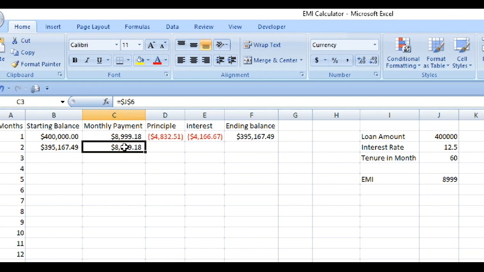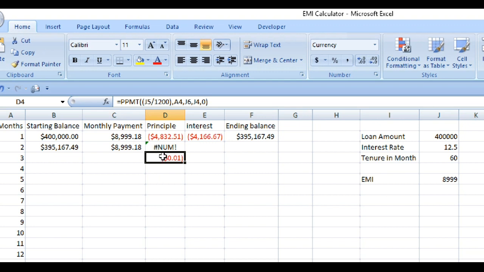Now we'll use the fixed reference in other formulas also. See here, I'm giving Control D to copy the formula, but previously it was J3, and when I give Control D it comes as J4, because whenever it moves to the next cell, the number also changes.